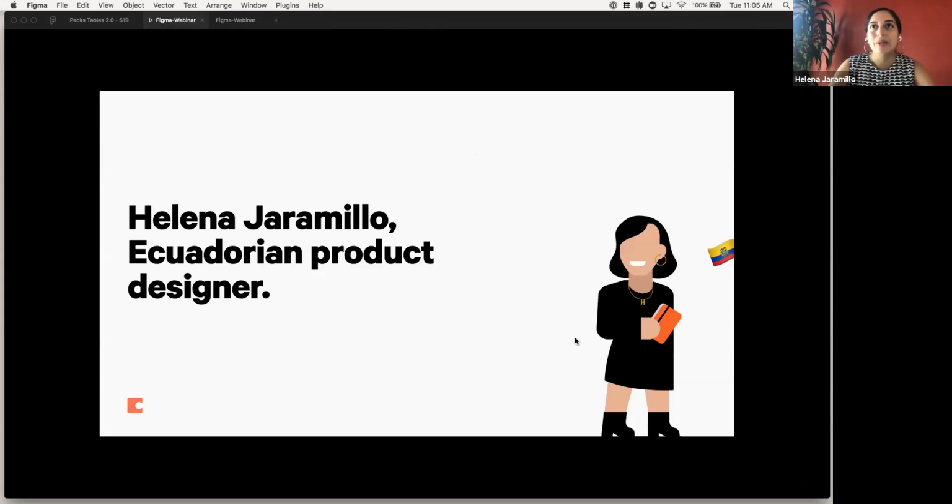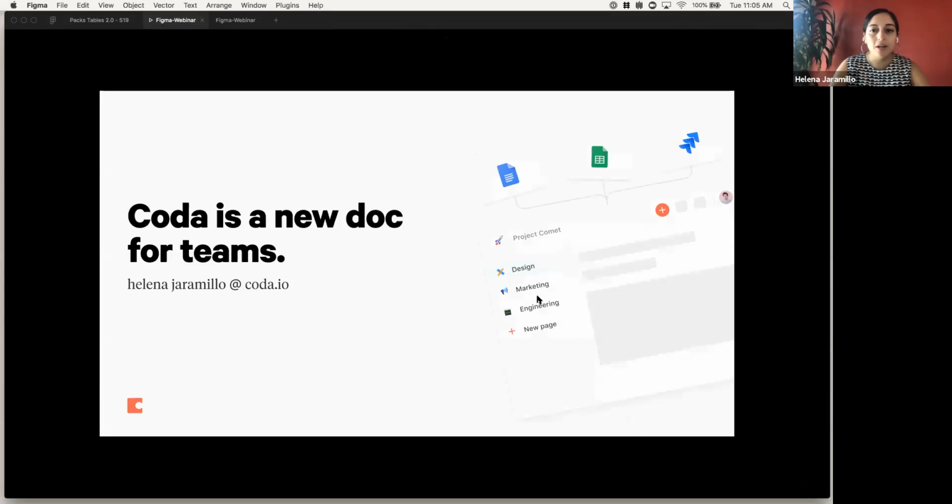I've been designing software for the past 6 years at places like Google, TransferWise, Khan Academy, in different parts of the world. And I'm currently at Coda, where we're building a new kind of doc that combines word processing, spreadsheets, and app-like capabilities. So you can do things like take notes, but you can also create your own processes and workflows.